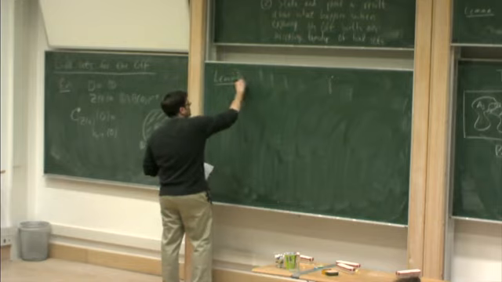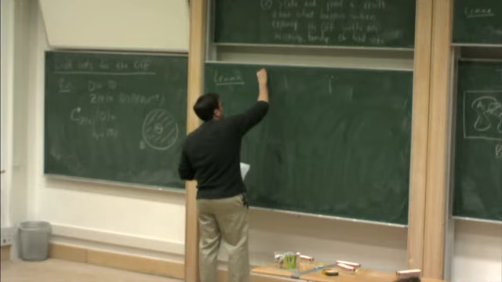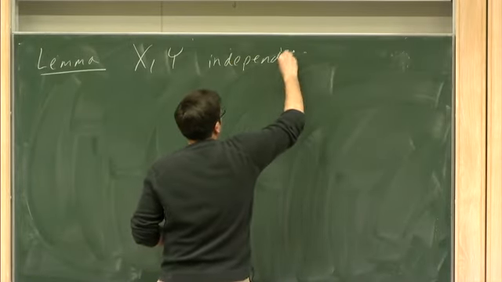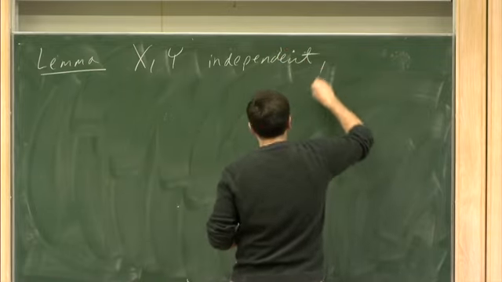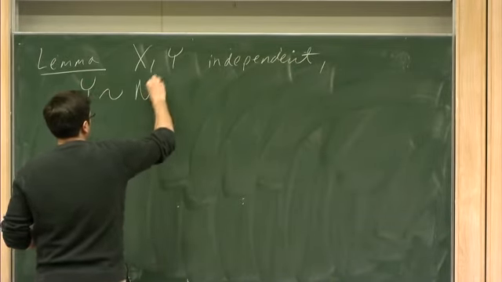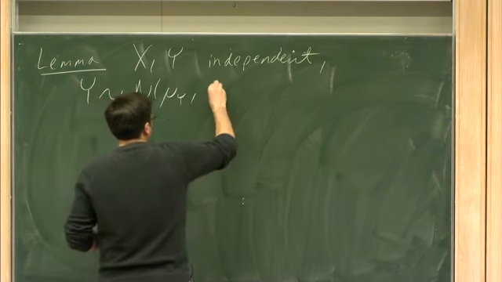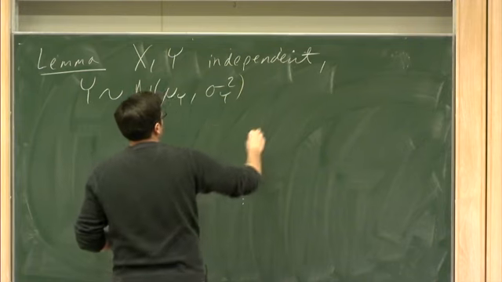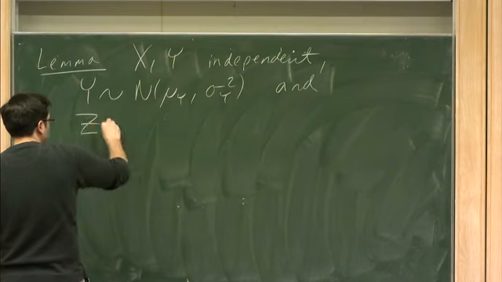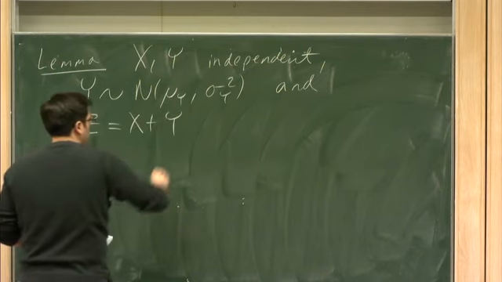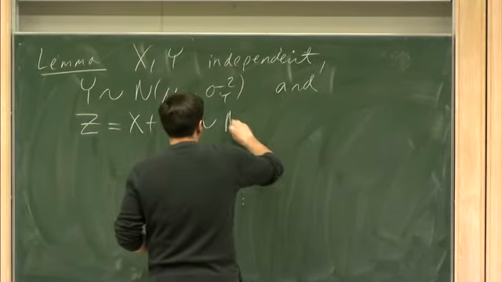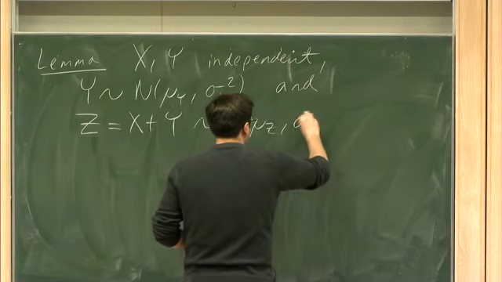What the lemma says is that if you have random variables X and Y which are independent, and you know that Y is a normal random variable with mean, say, mu of Y, and variance sigma of Y squared, and you know that their sum, Z,